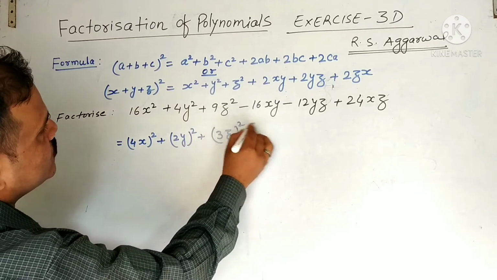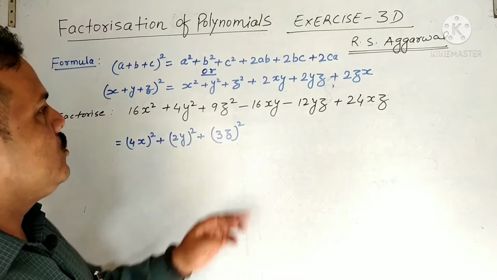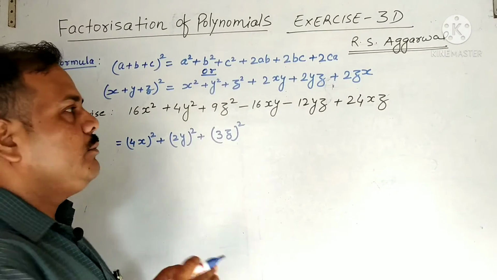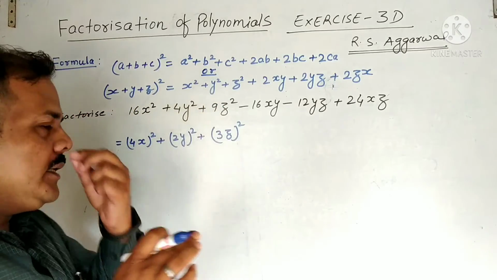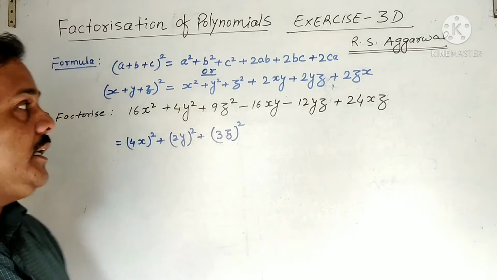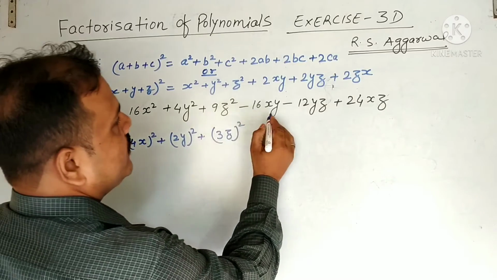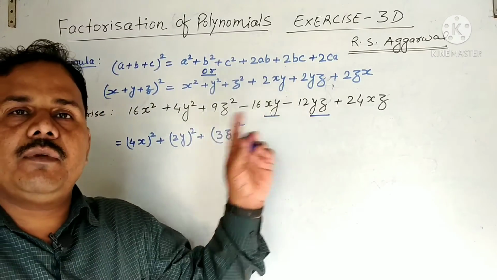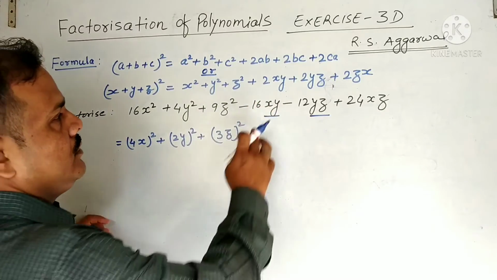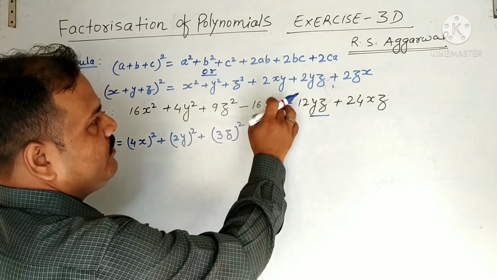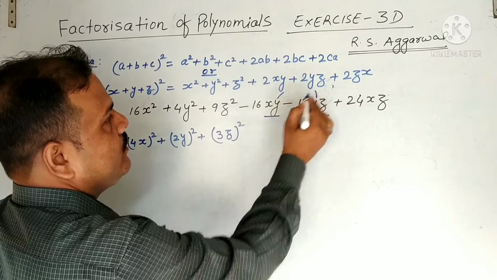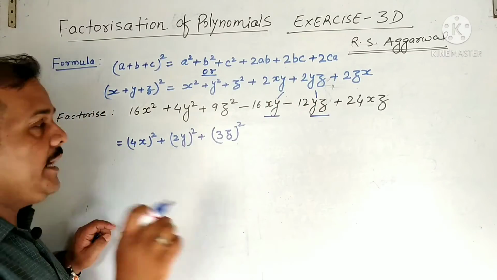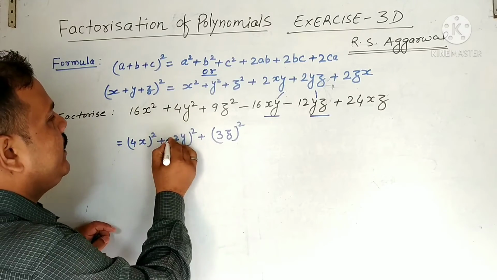As I told you, if there is minus, you see which terms are in minus. By seeing this one, you can't think which one is negative. But if you see that in xy and yz these are the variables, so which one is common, x or y? So definitely y is common here. See, y is common in both. It means the term y is negative. So you put here negative.